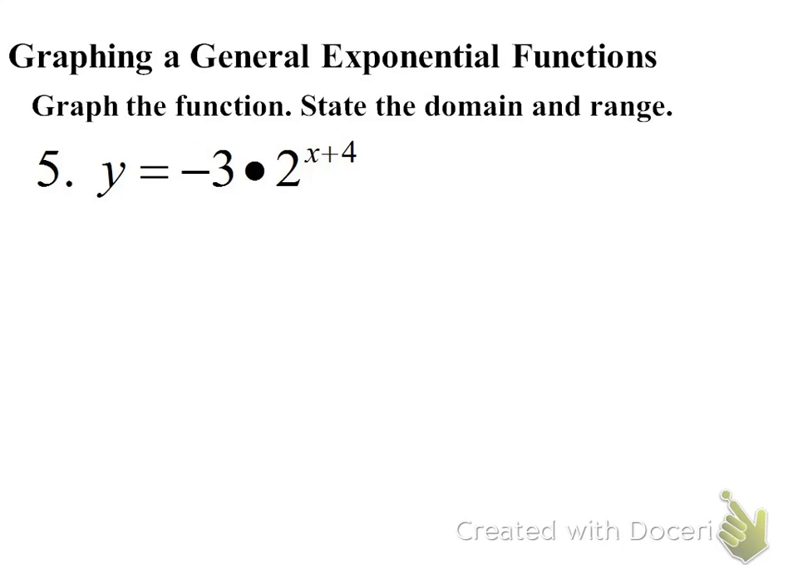Alright, so here's number 5. It's starting to get a little tricky. But remember, if you can keep in mind what we know about graph transformations, it should help you out a little bit on this one. So before I even do an XY chart or anything, I just want to think about what's going on. What's my A value here? -3. So I know all my outputs should be negative. I also know that I will have a y-intercept